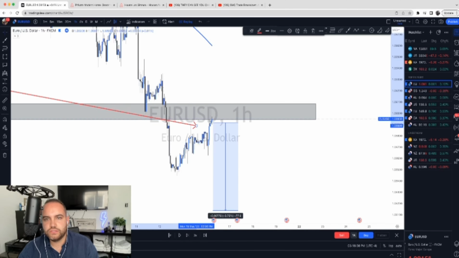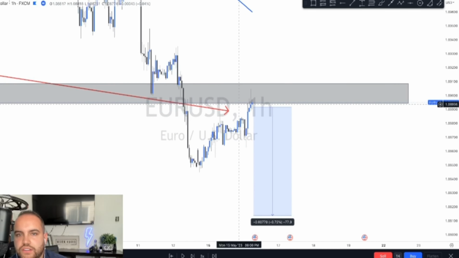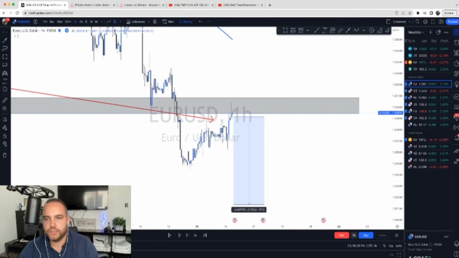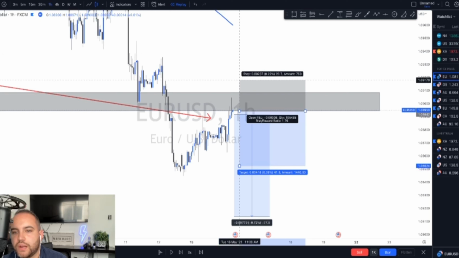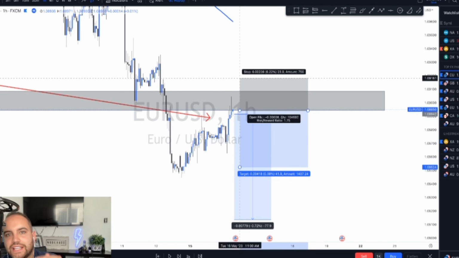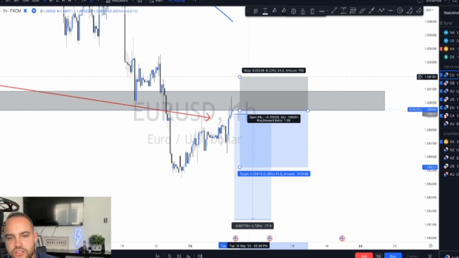Okay, and then let's go over here. So we have that breakdown there. Okay, so if I let this play out, we put our shorts, waited for a bearish candle. I needed to see more rejections, because more often than not, price is going to give us at least a retest of that area high, this area up here of resistance, at least twice. So I like to wait.